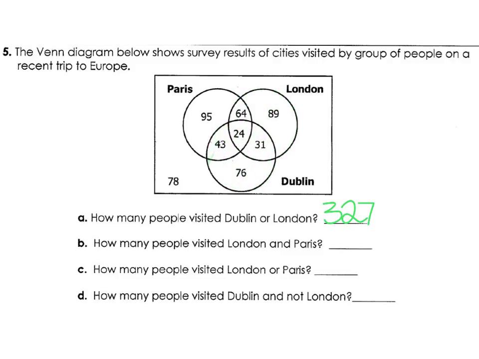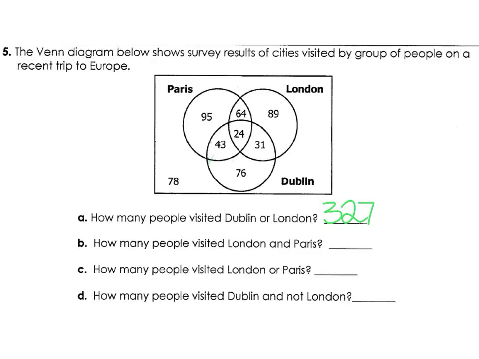Erase, erase. Now, moving on to part B. How many people visited London and Paris? To answer this question, we want to look for the parts where it is overlapping